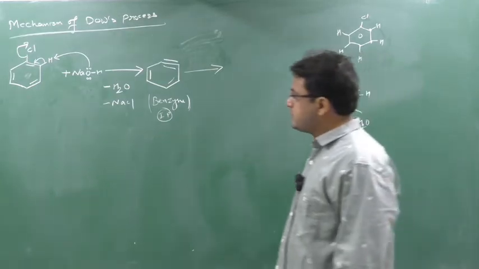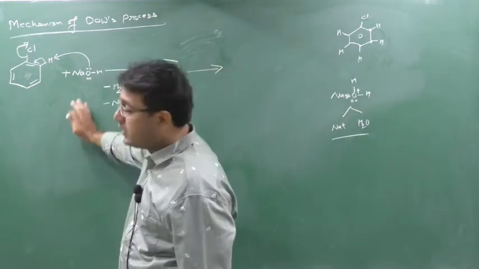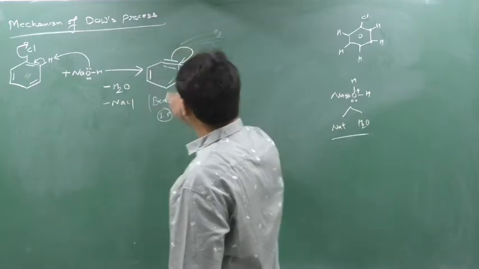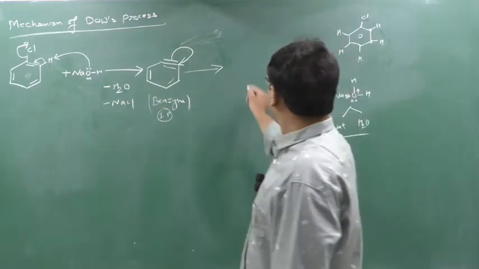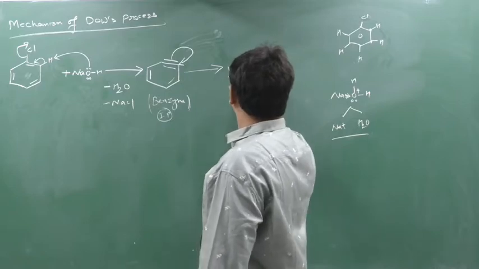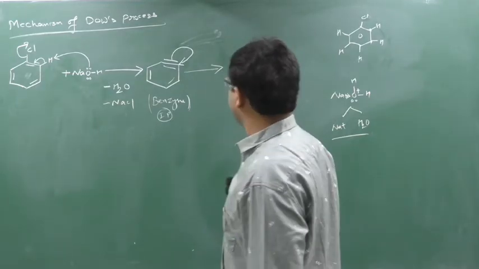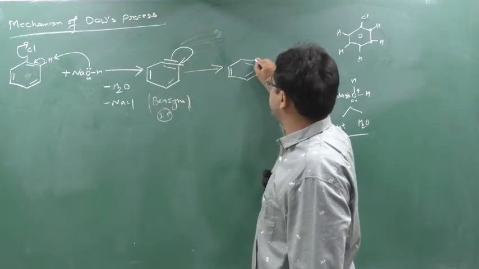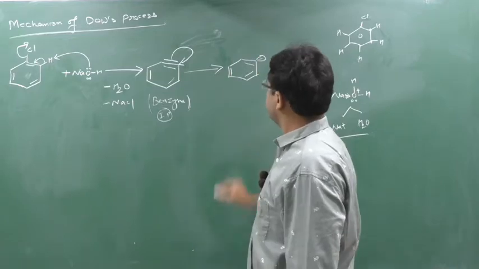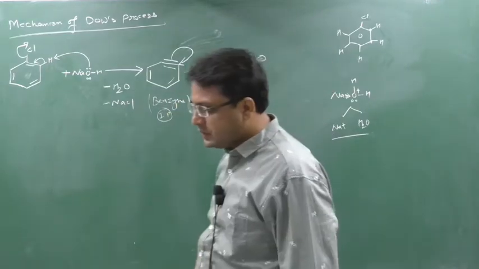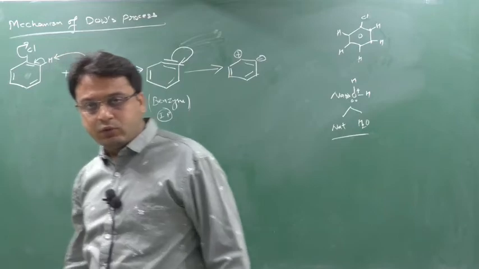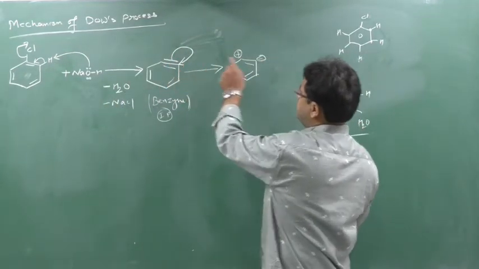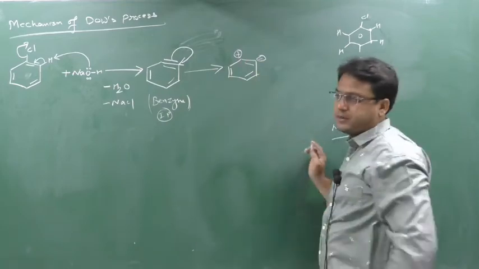Now what will happen? Now see, here we are taking excess NaOH, okay. Now again this bond will shift and come here. So now what will happen? See, there was a triple bond, there were three bonds here. Now when the bond enters here, the carbon that gains the electron will create a negative charge, and this will create a positive charge. One who gives the electron creates a positive charge, and one who takes the electron creates a negative charge. So this bond again shifts onto this carbon. So this will be a negative charge and this will be a positive charge.